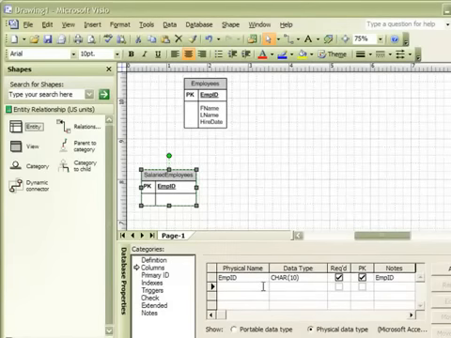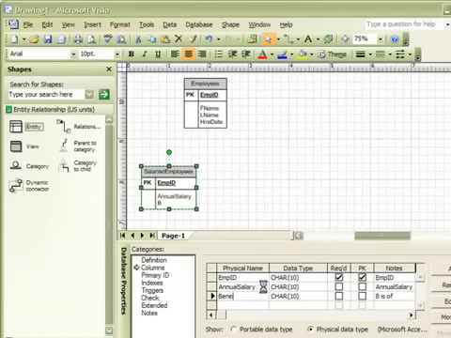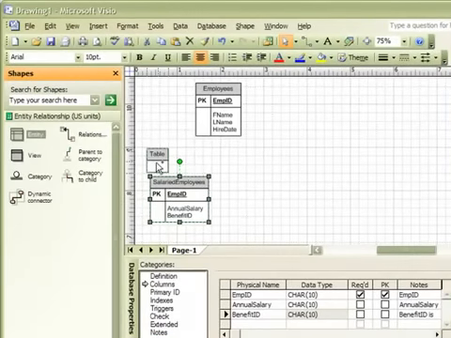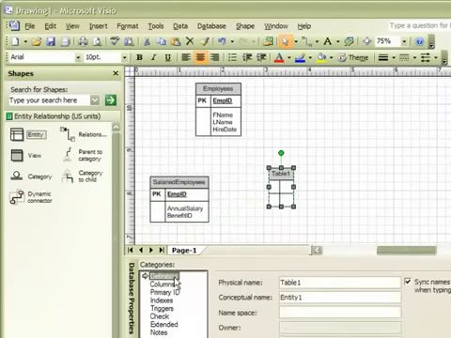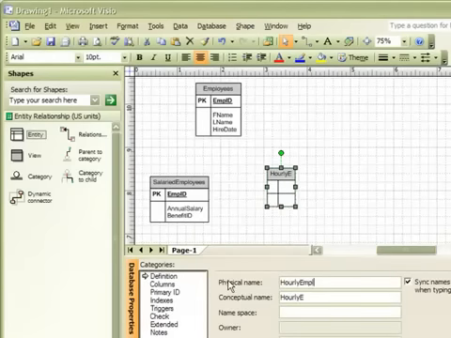Next, salaried employees also receive an annual salary that we want to track. And finally, they could receive benefits, which we will just list as benefit ID. Another type of employee we may want to track is hourly employees, so we can draw another entity shape onto our page and name it hourly employees,